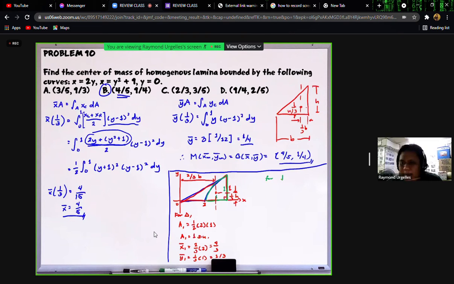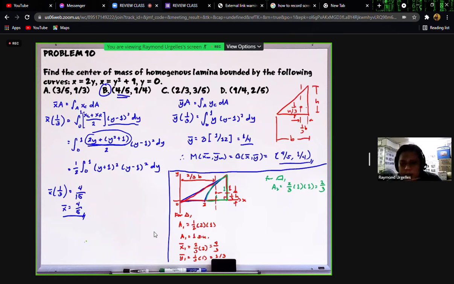The next one is the parabola. So for the parabolic segment, we have the area, which we call A2. Again, this is 2/3 times base times height. Both are 1 unit. So this is equivalent to 2/3 square units. Right? As for its centroid,